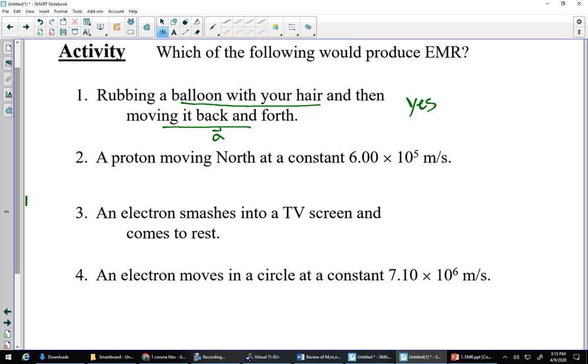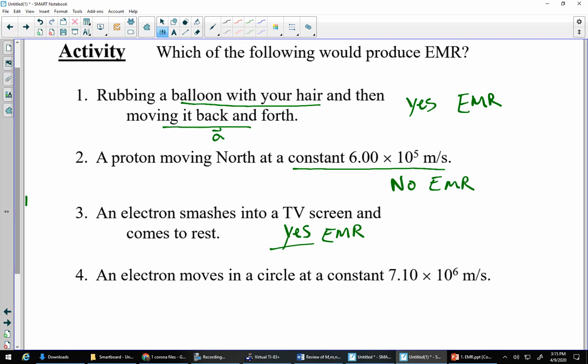A proton moving north at a constant speed. Is there acceleration there? No acceleration means no EMR. So yes, EMR for the first one, no EMR for the second one. An electron smashes into your TV screen and comes to rest. Are there accelerating charges? Yes. So would you have EMR? Yes, and that's actually how TVs used to work. They used to speed up electrons and smash them into your screen, and it would give off visual light, visual